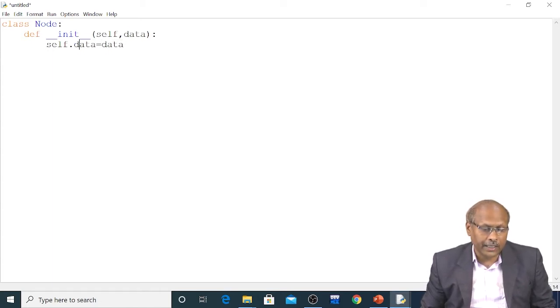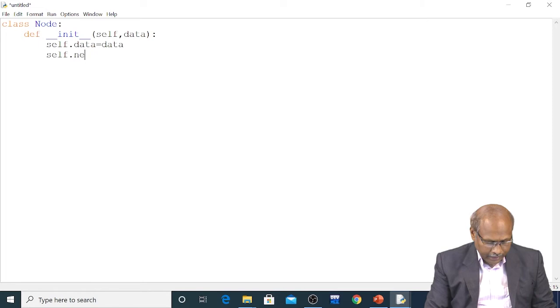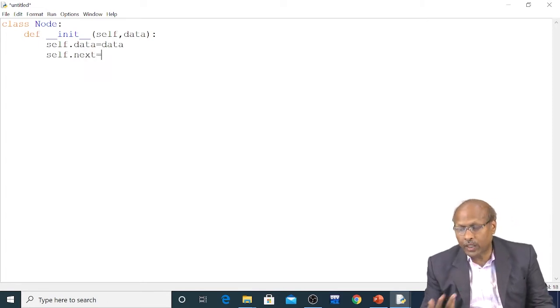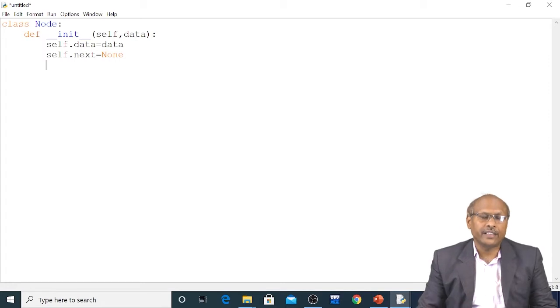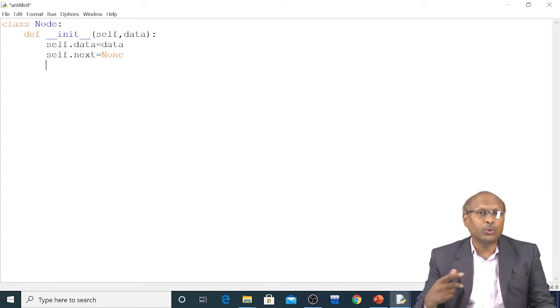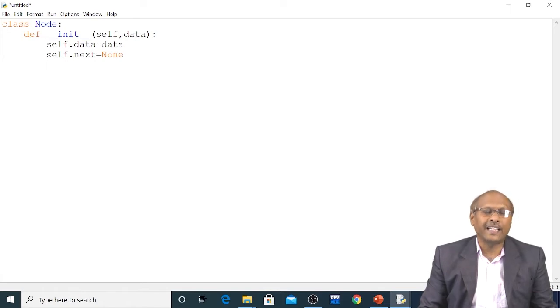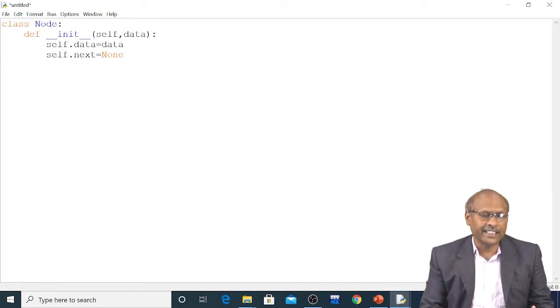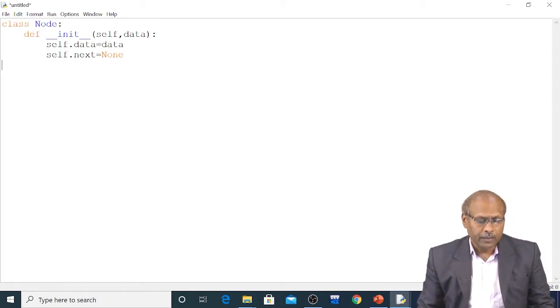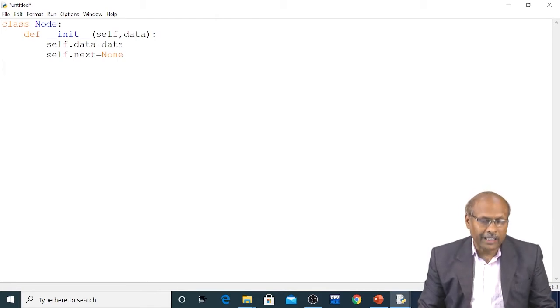This parameter is assigned to memory. And I told you in the linked list there are two things: the data part as well as the next, which is holding the address of the next node. So I should write self.next equal to what? Because you do not know what node will come next, you should write the keyword None. So it says that your node is ready. This is the definition of the node, and this node you have to use while inserting into a linked list. Of course, you cannot run this now because inside this nothing is there; simply the definition is available. So my data part is ready as well as the link part.